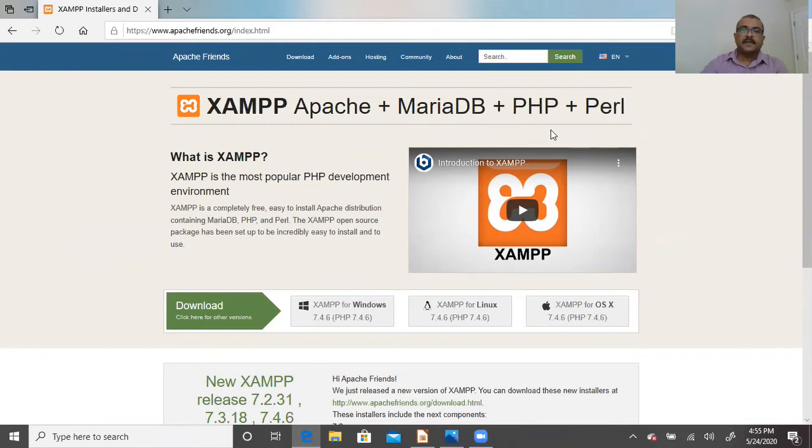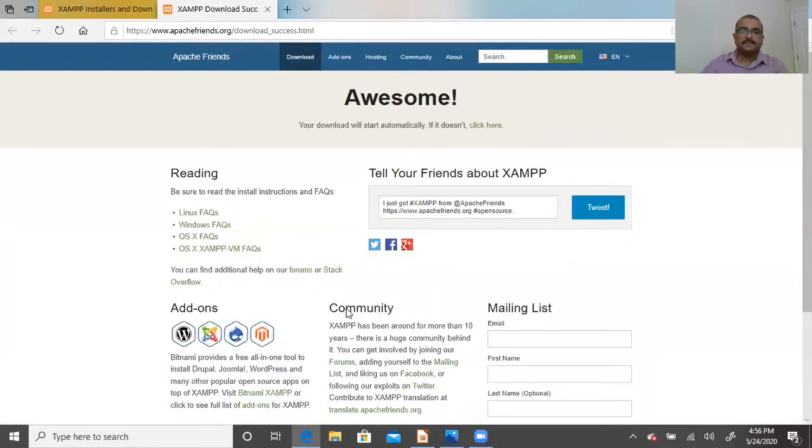Then we need the environment. That is the reason I'm going to show you this XAMPP. This is open source software you can use for this purpose. Now, here you have to select based on your operating system. Is it Windows? Then you have to select this download option. Otherwise, there are other options based on the operating system. My operating system is Windows, therefore, I have to select this download option.